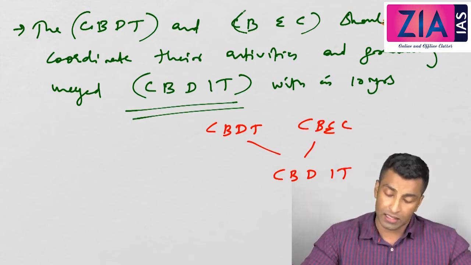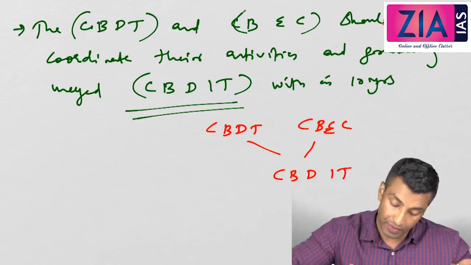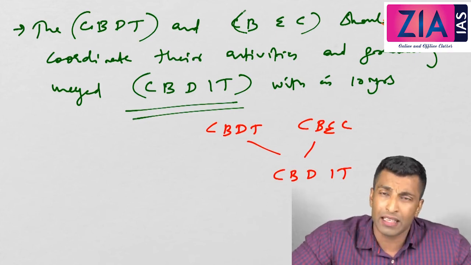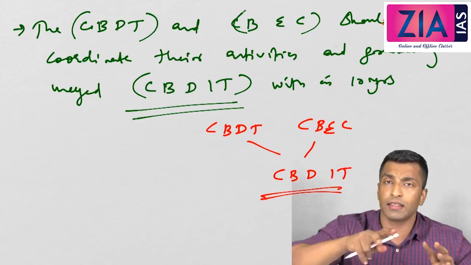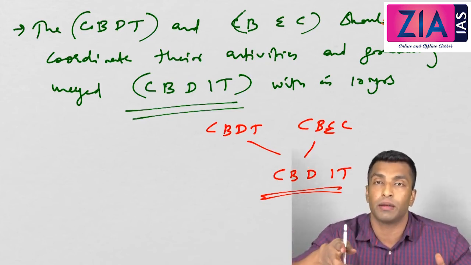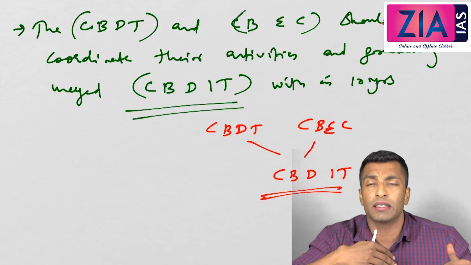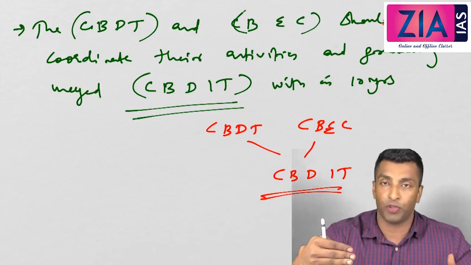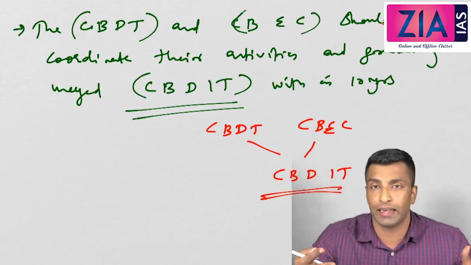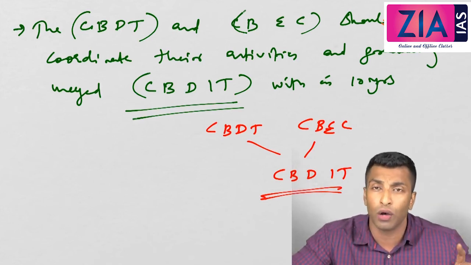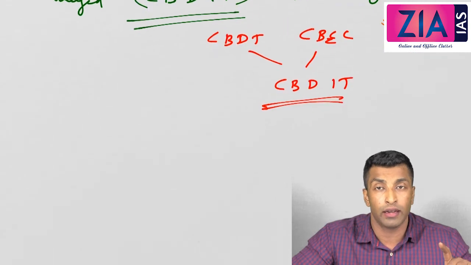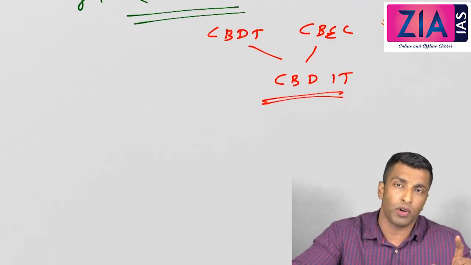Now, is that accepted? What happened is the government accepted this. As of now this is not the case, but each can view the other's database. So what I want to tell you is the government is actually moving in that direction. The merging, that integration, is actually happening at the internal level now. Each can now view the other's database. So the government is moving in that direction. Next point,